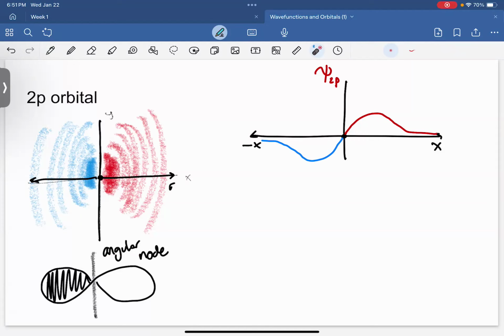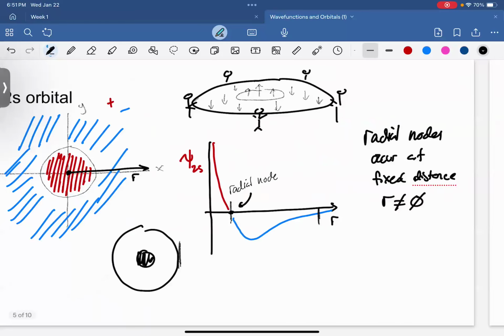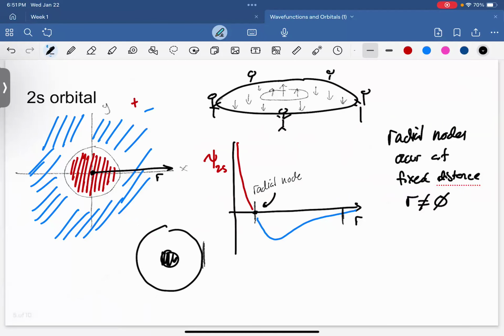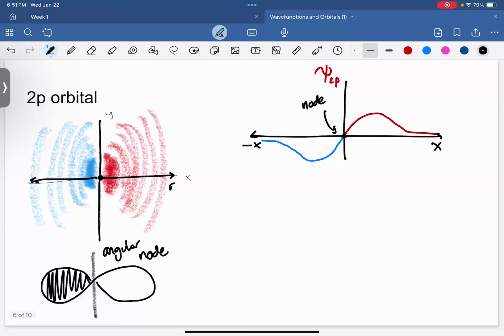A difference with this is that, like I said, the node now is at 0, at our nucleus, which is different than being at some fixed distance from the nucleus, like the radial node. And this wave function is no longer symmetric in all directions, because if I were to take instead the picture, let's say I go along this node here,